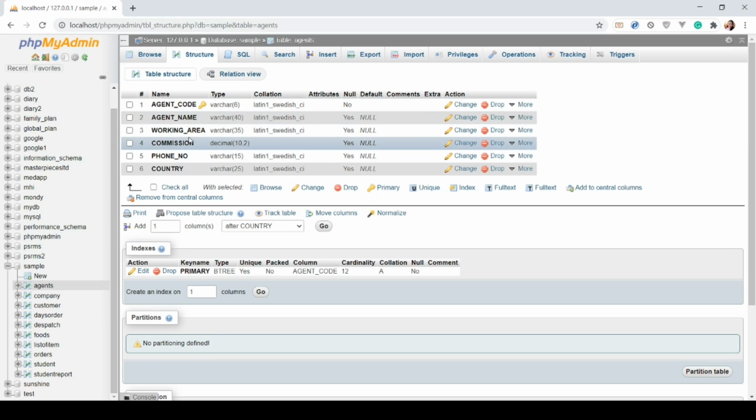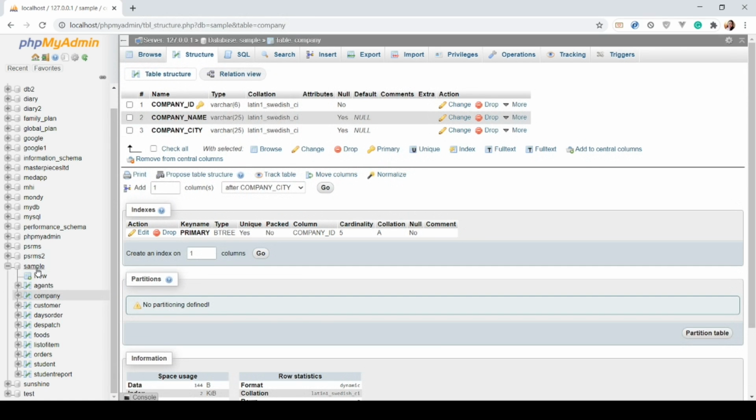And if you have read the reading materials that I uploaded, the primary key is used as a unique identifier that sets out that this information is only for this specific record. And the foreign key is actually a duplicated primary key that you will use in order to connect to any other entities. So for example here, agent code, I don't have a foreign key yet here.